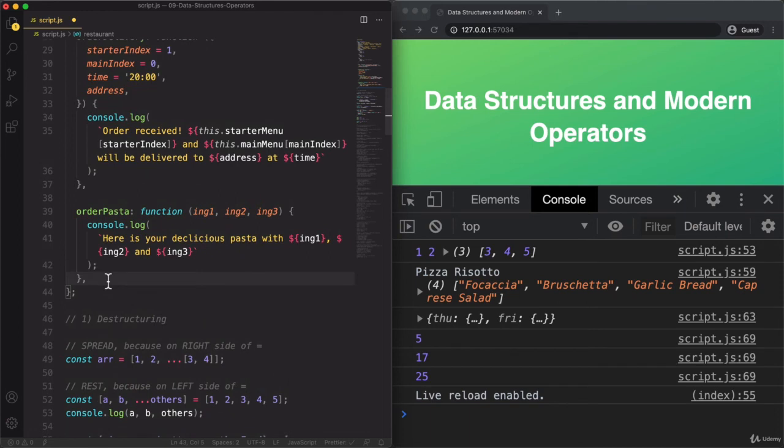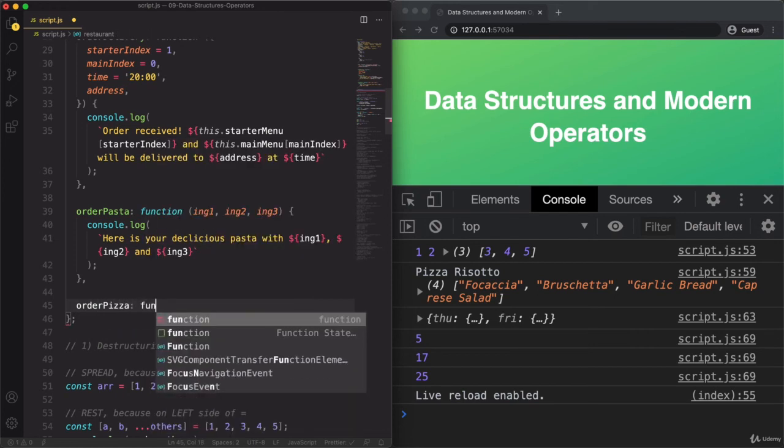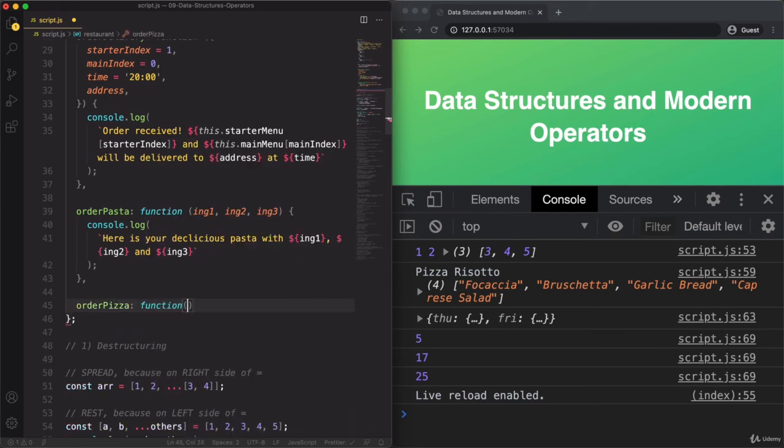And this time, the method is going to be about ordering pizza. So order pizza. And now pizzas need to have at least one ingredient, but the other ingredients are optional. And for this, rest parameters are perfect. So let's say main ingredient, and then